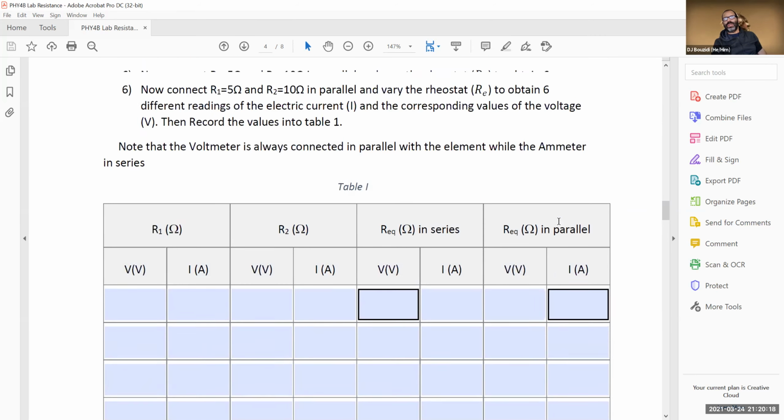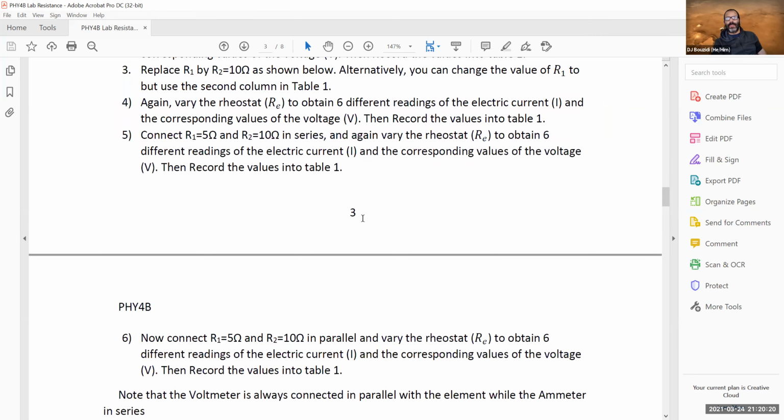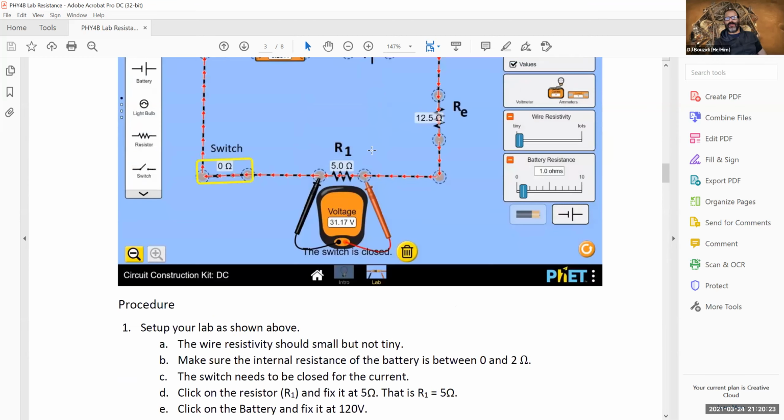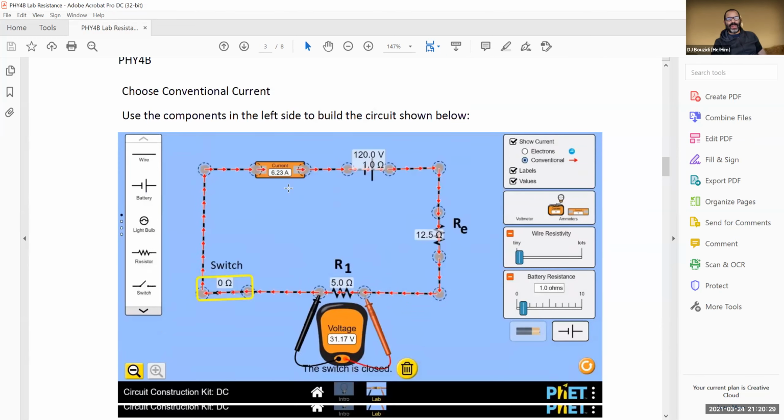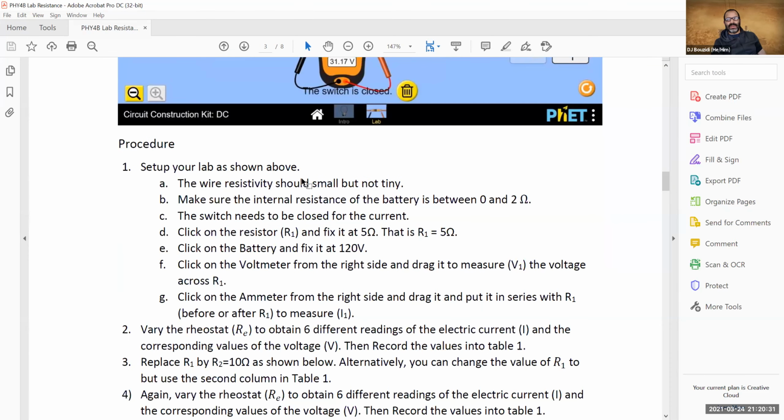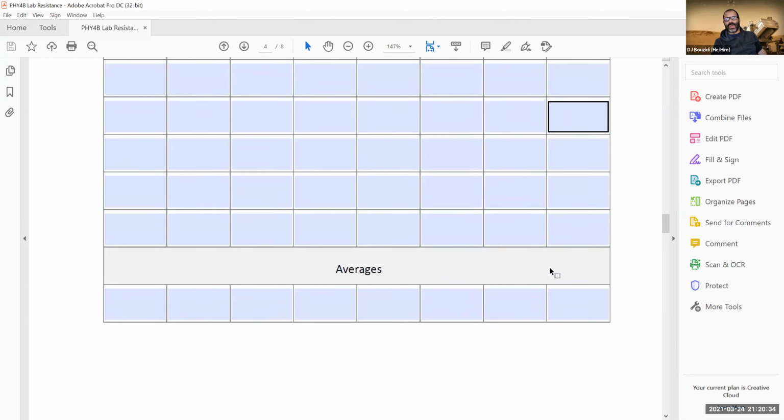The voltages. Now we're going to do the same thing in parallel. We're going to take these two resistors, a 5 and a 15, and put them in parallel and start doing the measurements again. So we'll have a V and we'll have an I, and we'll do the calculations again and report the data 6 times and here again in the table. So